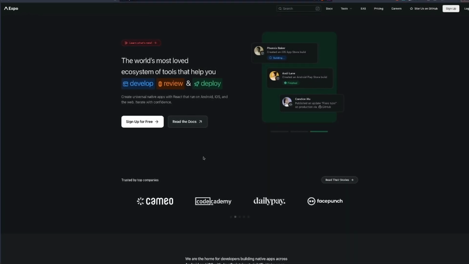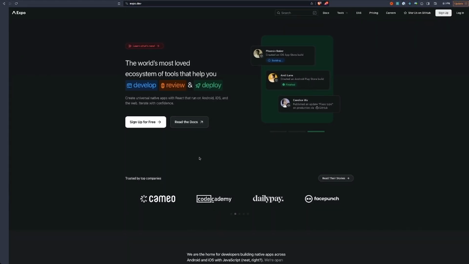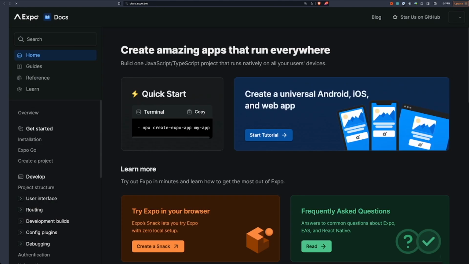Alright, so first thing boss wants is for us to get our environment set up. We're here at expo.dev. Expo is a suite of tools and environment that helps us run and develop React Native